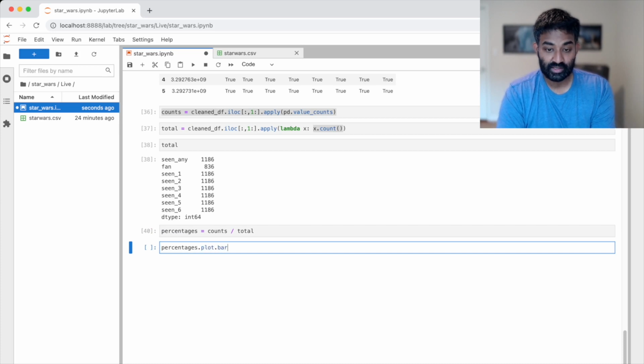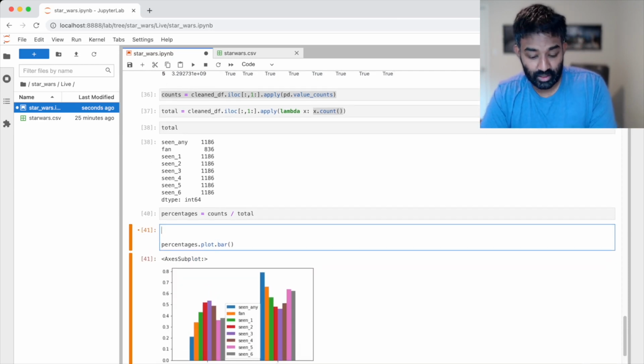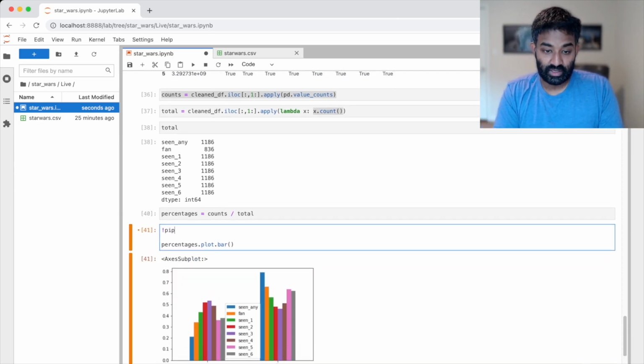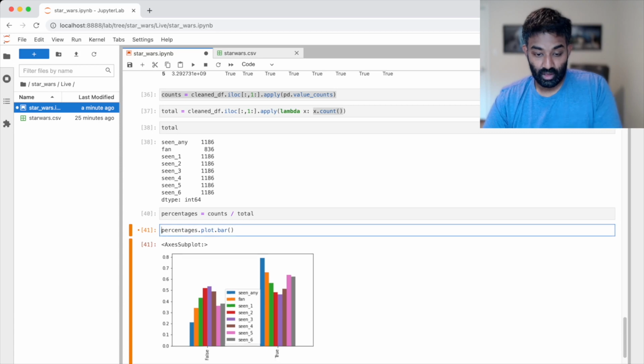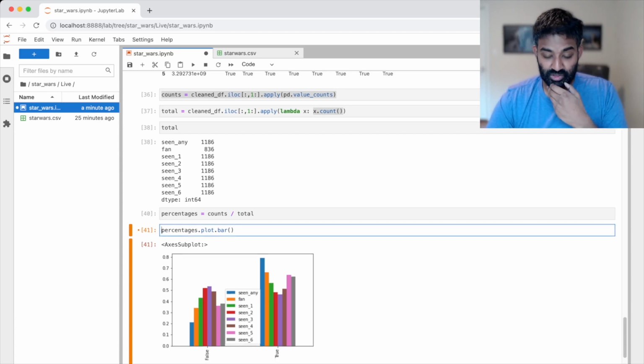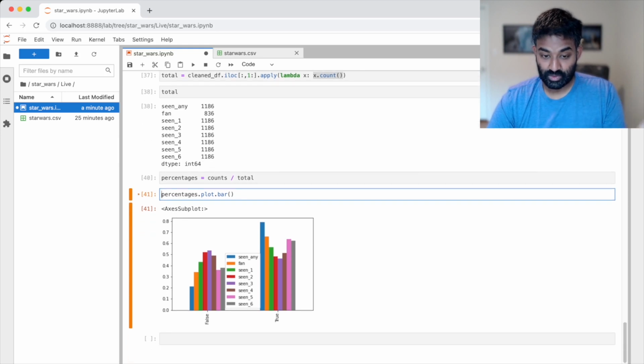And Pandas has a really nice bar plot method where you can just call it and create a bar plot. I already have matplotlib installed, but if you don't, you would need to type pip install matplotlib at this point to install matplotlib to actually make this plot. But yeah, you can see here the percentages for each column, the percentage that responded false, percentage